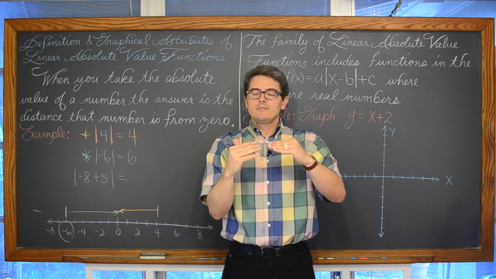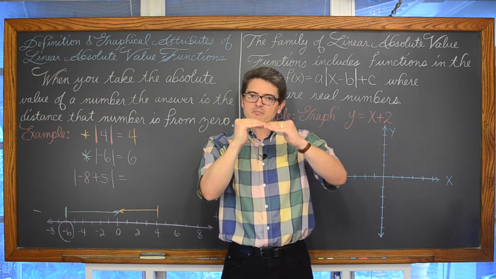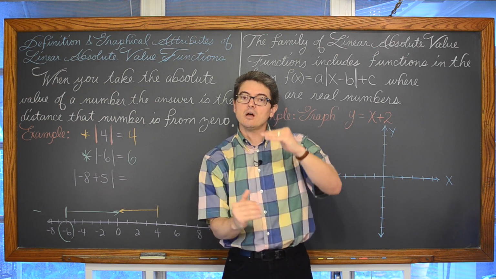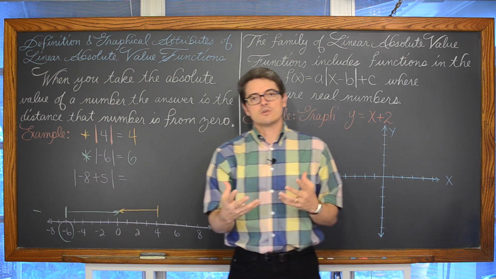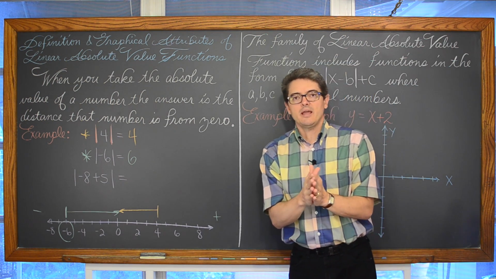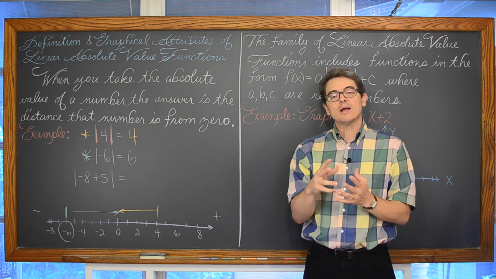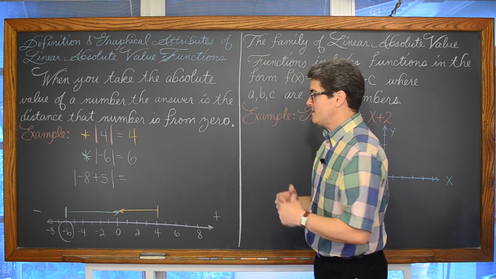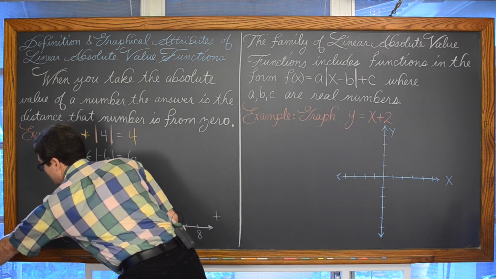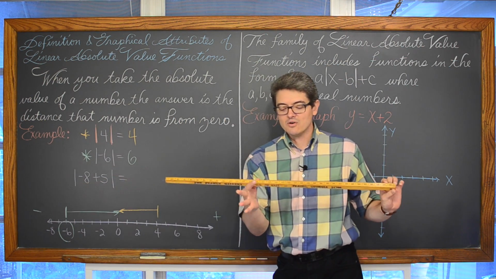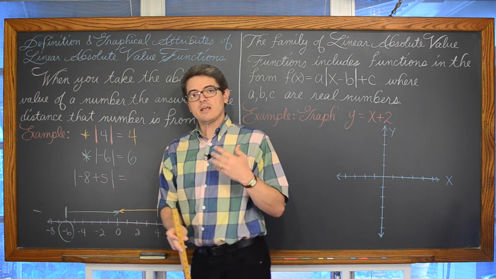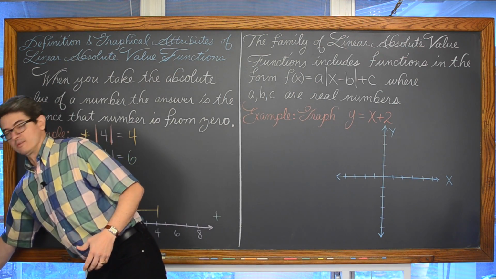Those distances are positive, but saying -3 feet indicates that you're 3 feet below the level of the surface of the water. So the signs are indicating some type of movement, a direction. And the absolute value function gives us a distance. And for distances, there are no negative numbers on this yardstick because there's no such thing as a negative distance. The negative indicates direction.